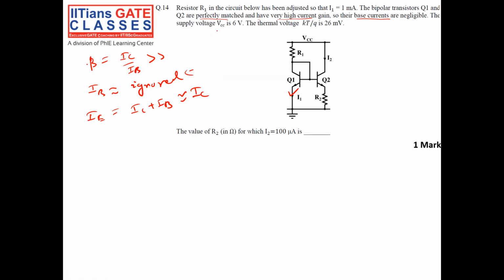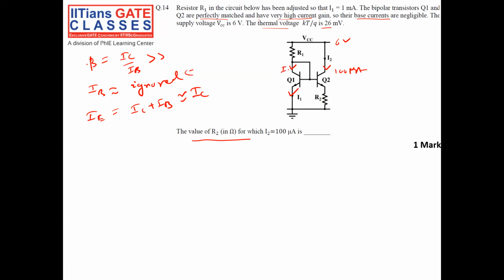Then the supply voltage VCC is 6 volt, let us take 6 volt. The thermal voltage VT is 26 millivolt, right? Then what is the value of R2 that will make my current I2 a 100 microampere? So this is a very nice question. Since the emitter current is I1 and I am ignoring my base current, the collector current also